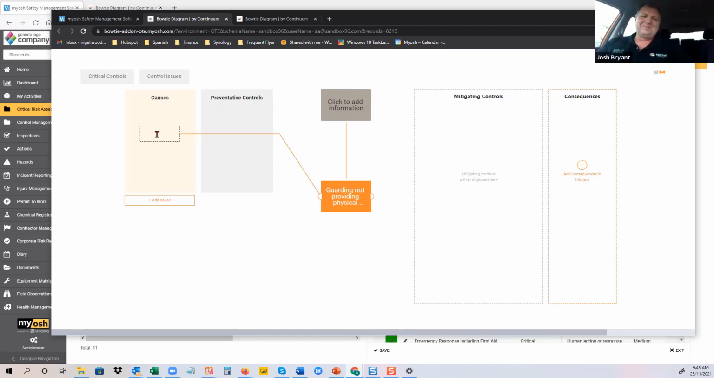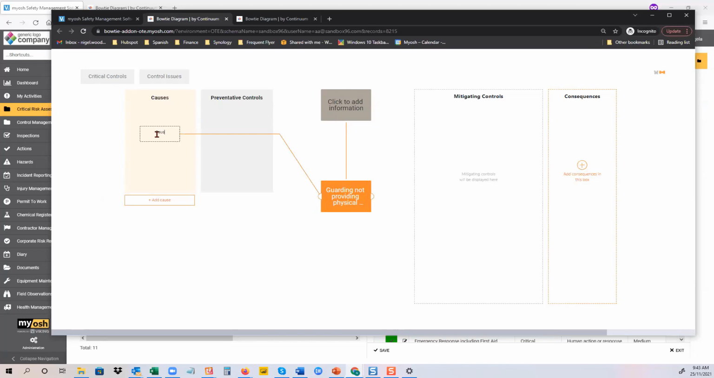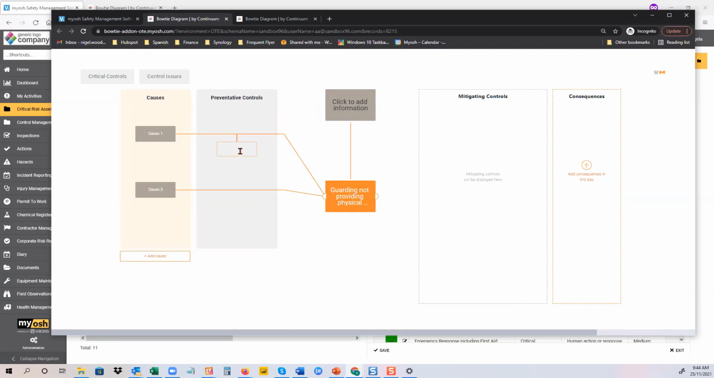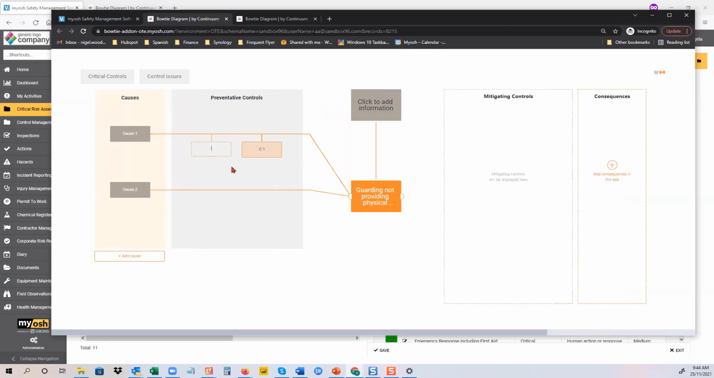So what we do here is we say, right, what's the first cause? So we put in cause 1, and maybe add another one. And now we'll look at controls. So we'll stick in a control here. Maybe chuck in another one here. And you can see where this is going. What you can do is you can add these records in as you go and build up your bow tie,